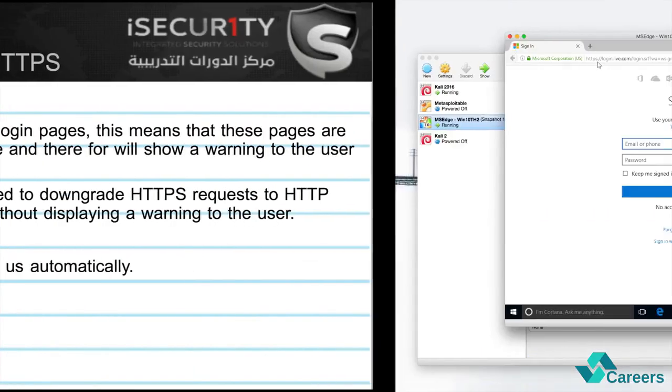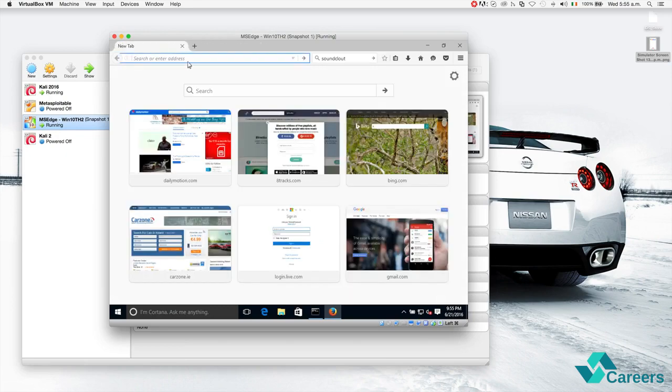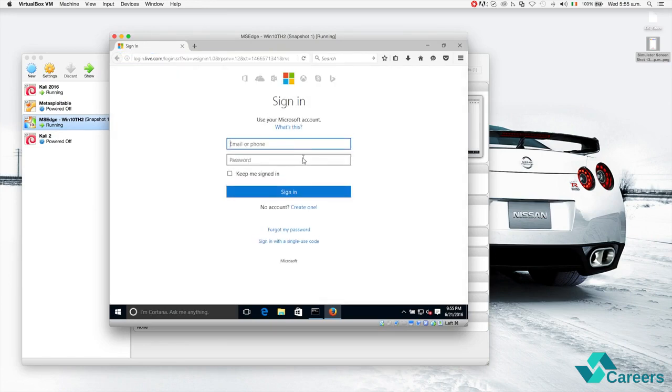So I'm going to go back and I'm going to try to go to hotmail.com, and you'll see that instead of the HTTPS version that we're getting here, we're actually going to go to an HTTP version of hotmail.com. Now notice the top here. Notice that there is no HTTPS, so we're actually at the HTTP version of the website. You'll also notice that we didn't see any warnings, so it just looks like a normal website, looking exactly like hotmail.com. So I'm going to put in my email,